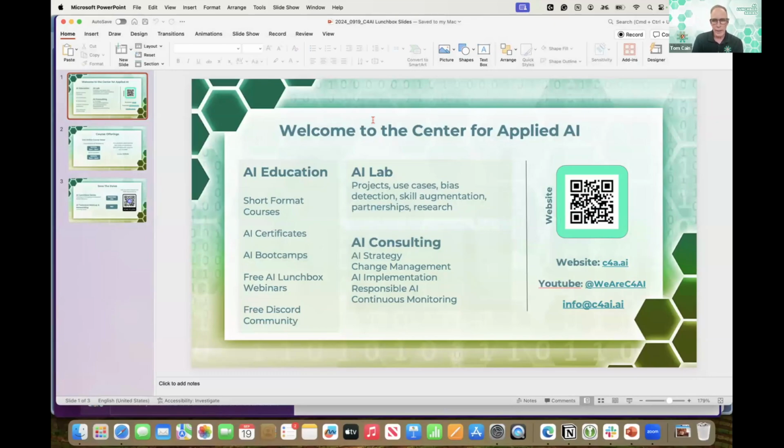And just make a couple of final thoughts. First of all, thank you very much for spending your time with us today, your 30 minutes at lunch. I just wanted to talk a little more about what we do here at the Center for Applied AI. What we did today is highlight the AI Lab, so you have a pretty good idea of what the AI Lab does. But we also deliver